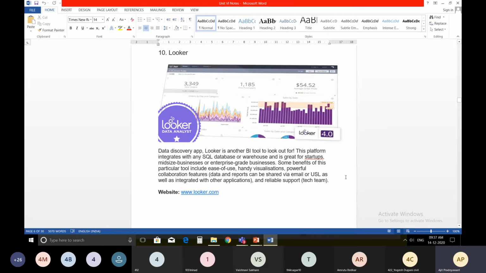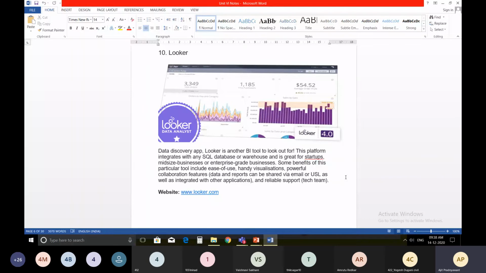Next is Looker. The dashboard looks like this, as you see on the screen. So this is the data discovery app. Looker is another BI tool to look out for.